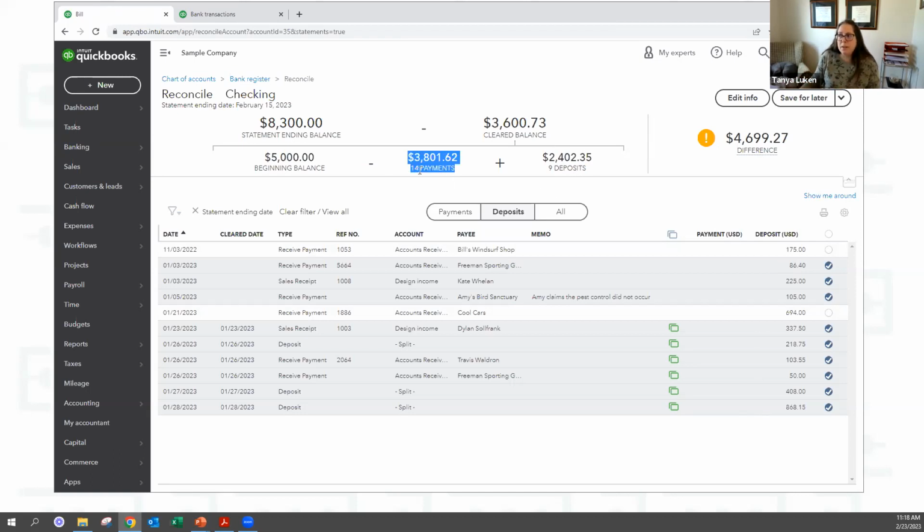It'll show you the number of payments that came out and the dollar amount, your beginning balance, the ending statement balance that you put in, and then this one is just math. Your payments are here, your deposits are here, and it works the same in your credit card accounts, with your charges versus your payments.